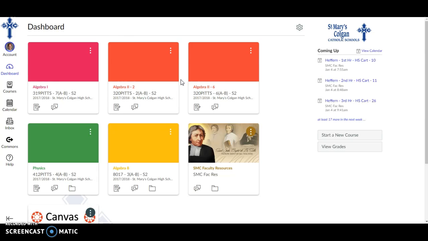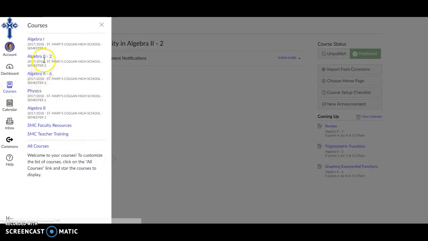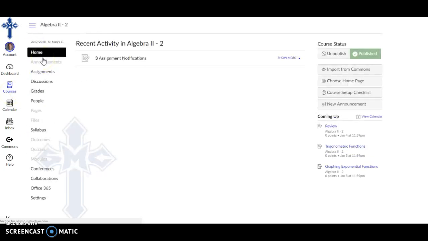So the easiest way I think to do that is to do it from the current semester. I'll use my Algebra 2 as the example, but if you want to copy assignments from either this semester or a previous semester, I would first enter that course, from your dashboard or from the courses menu on the side, either way, select that course. Next step is to go to Settings